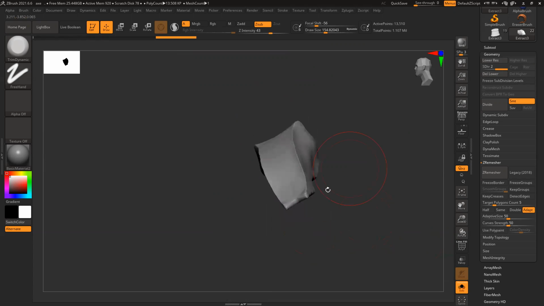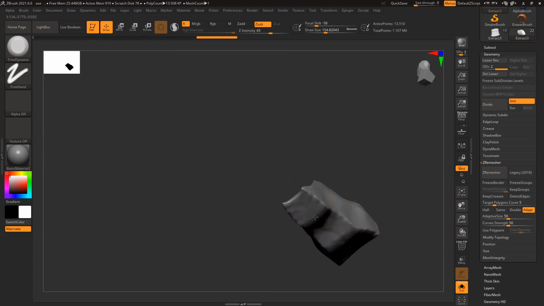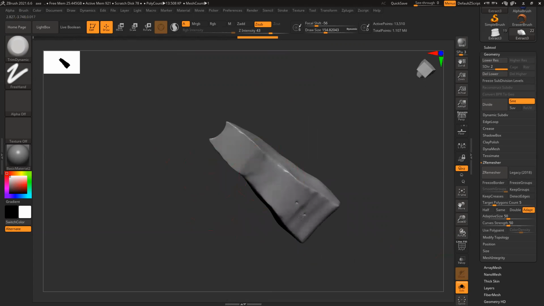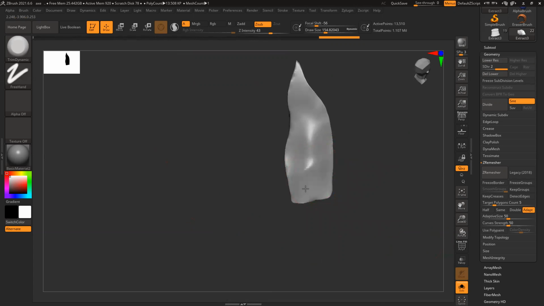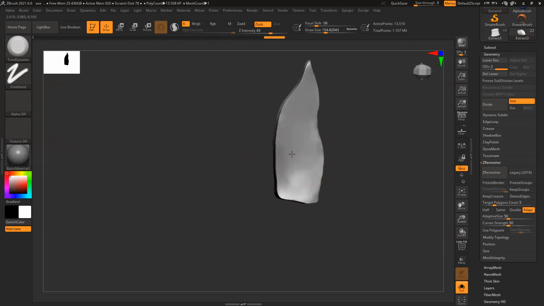Make them slightly flat. And try to control all the intensity, everything with the help of pen pressure.